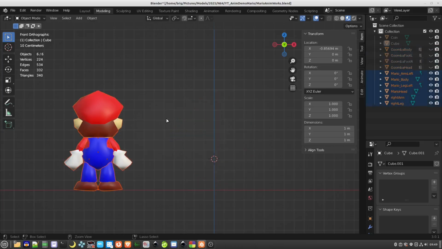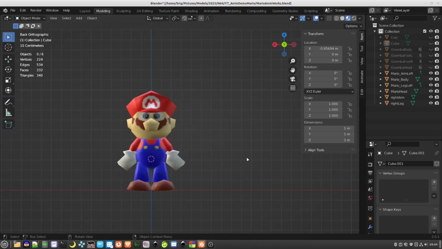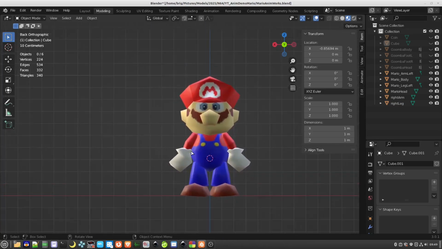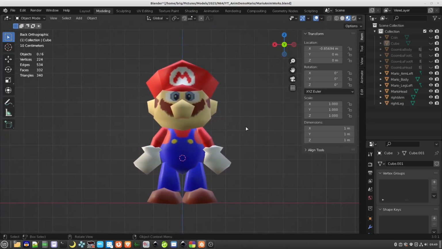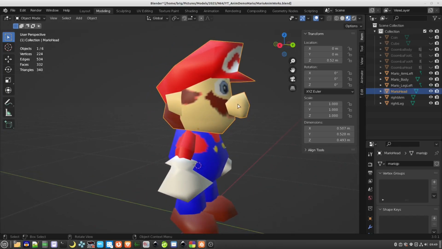Let's undo everything for a moment. And then I will position the camera in front of him again. So what I'll do now is talk about the model parts here. So what I did for the head here